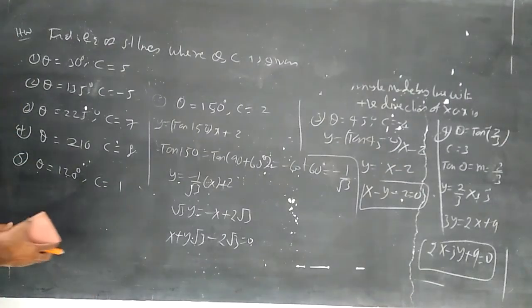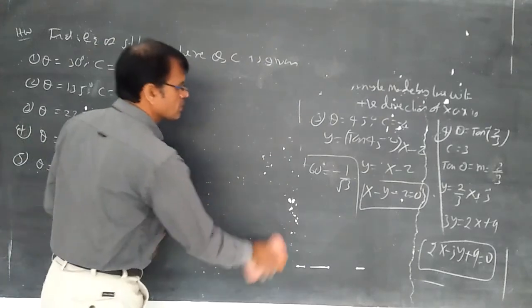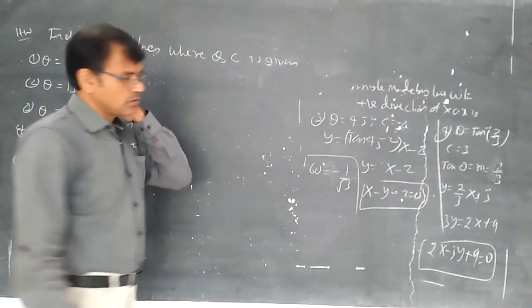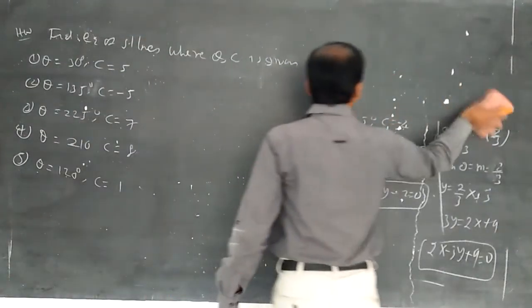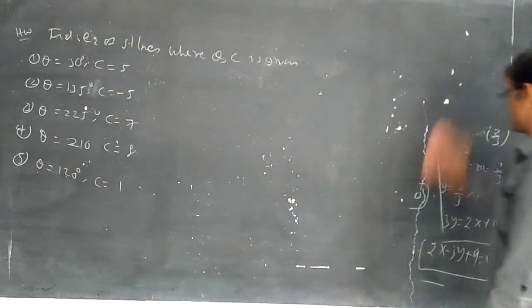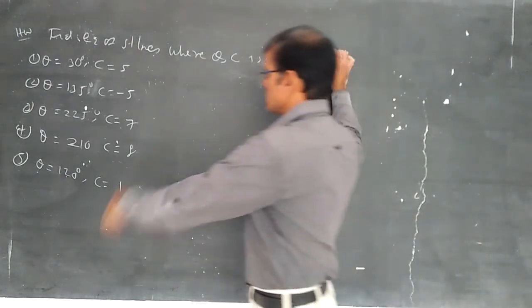Then you calculate the equations of straight lines. Depending upon this concept, y is equal to mx plus c. So for the m, you need to calculate tan theta. Whatever the tan values are, you know the values. Regarding tan theta values only, you will be getting these sums.